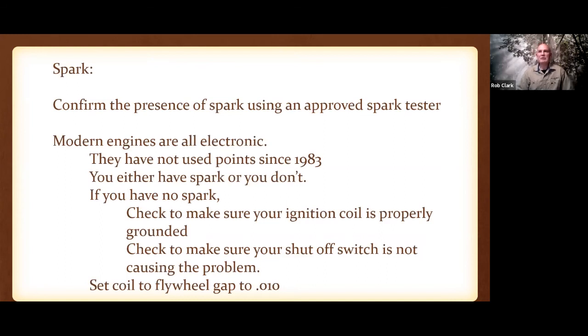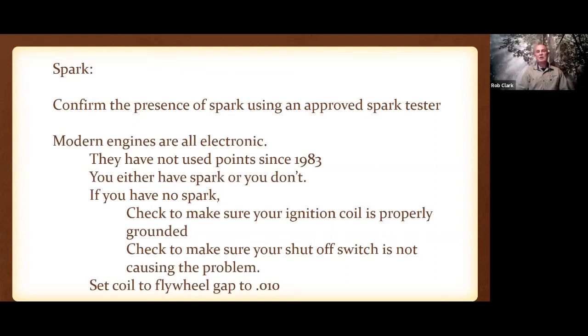There are some other factors that occasionally play in, because they all have diodes and resistors and other electronics inside the coils that have something to do with their timing, but those go out so rarely that for the most part you don't have to worry about them. And the only way to check them is to replace your coil with a known good coil to see if it's any good. So simply put, you check with a spark tester. You either have spark or you don't.